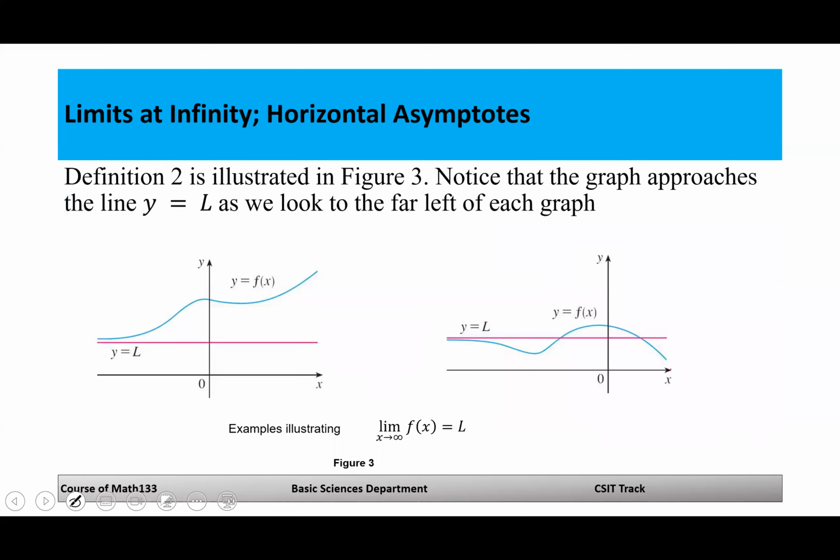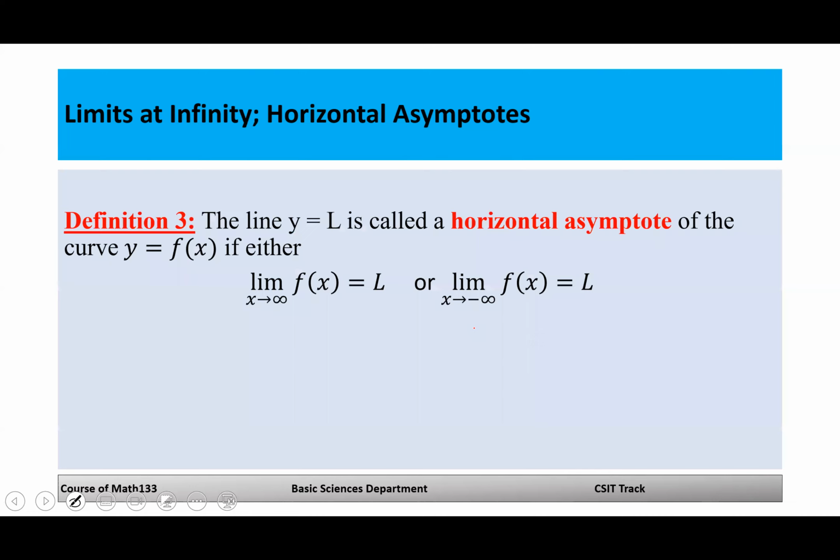And the situation for the graphs looks like the same thing as what we did for plus infinity. So we may have this situation, or the oscillation as we did before. Now the definition 3 is what we call the horizontal asymptote. So once you find whether in plus infinity or minus infinity, the limit equals a certain number, L,